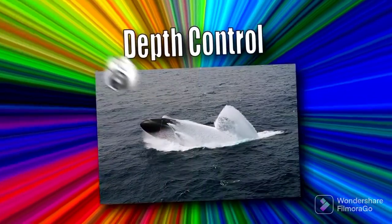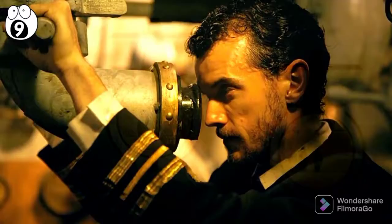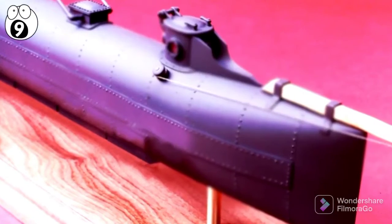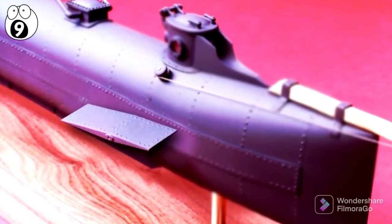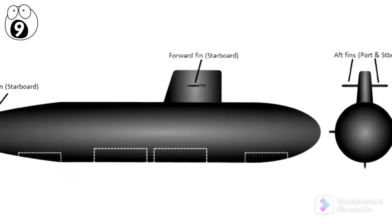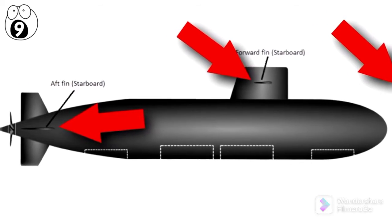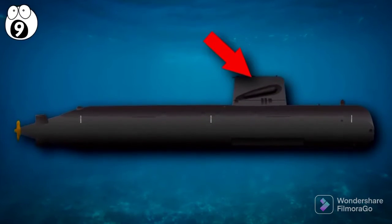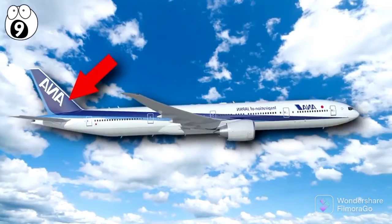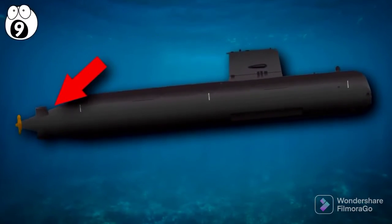Number 9. Depth Control. The captains of the first submarines controlled their depth by pumping water in and out of the ballast water tanks. That crude system has been replaced with fins that look like small wings that can tilt up and down. There are two sets on a modern sub, the fairwater planes amidship and the stern planes at the aft or back end. The fairwater planes create hydrodynamic forces to steer the sub up or down in the water column. The stern planes are like the elevators on an airplane, controlling the angle that the nose of the sub tilts